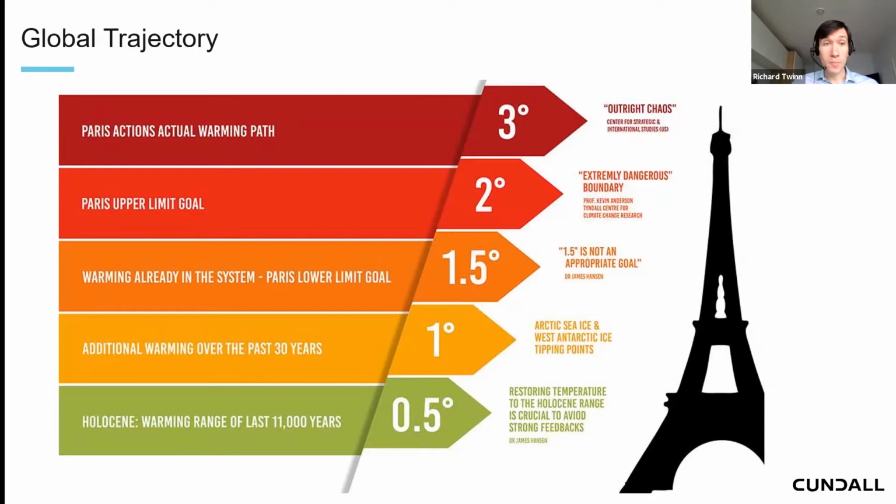Now, that is the upper bound, but the context for today is that current policy commitments actually put us on a trajectory to 3 degrees of warming, which is climate catastrophe. We are talking about the same sort of impacts, but so much worse. So there is a real push on at the moment to try and improve the ambition of global policies to make sure that we don't hit that outcome.